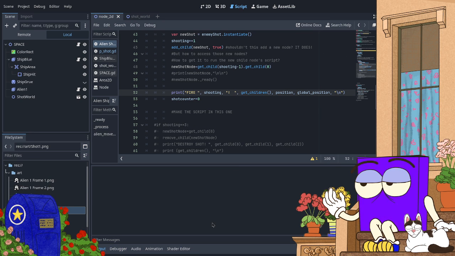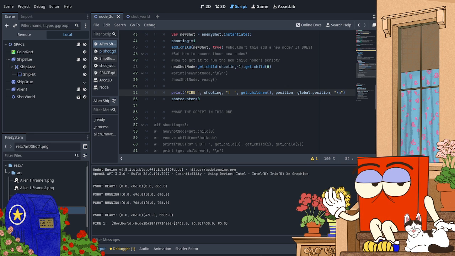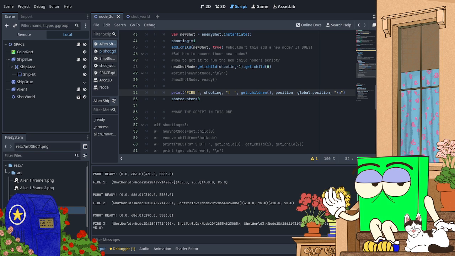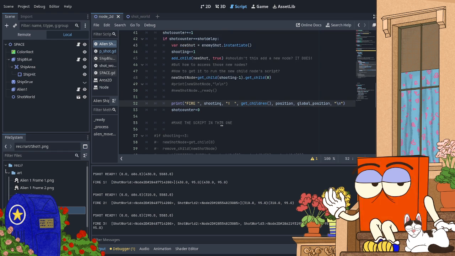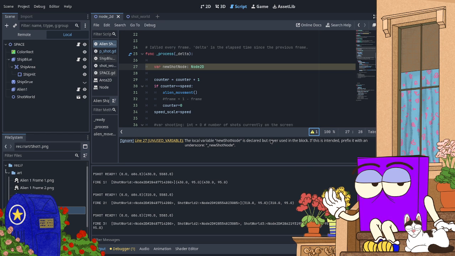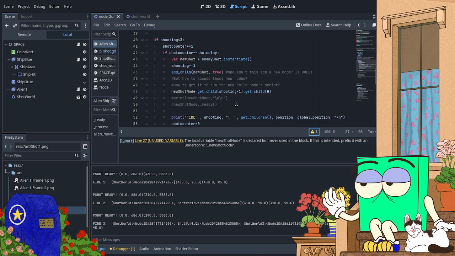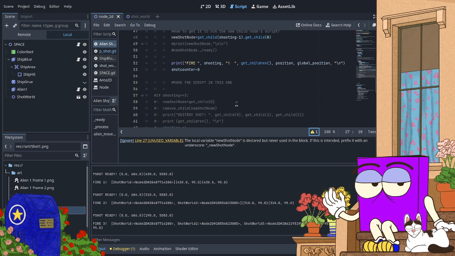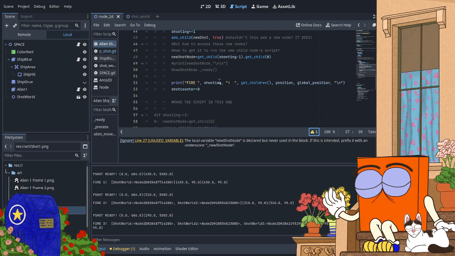So let's look at this again. Shot node. It's used right here.